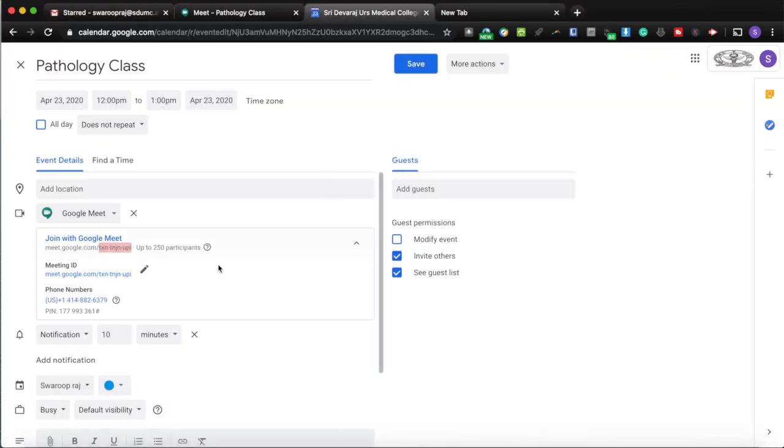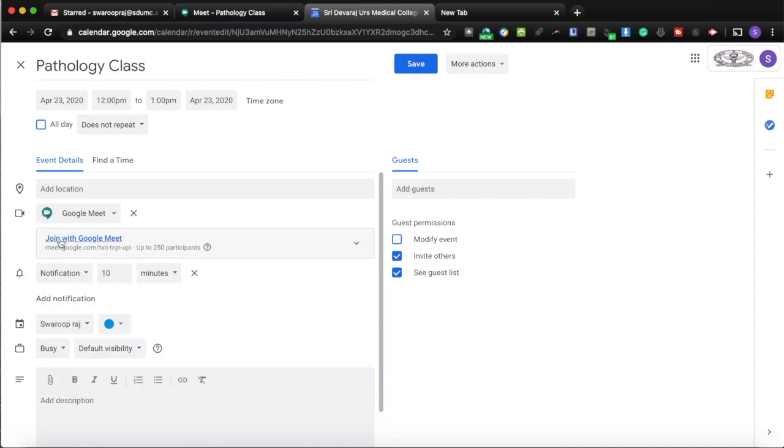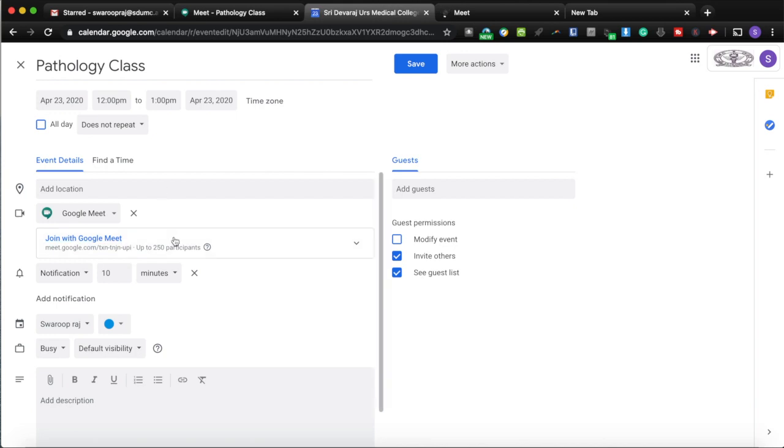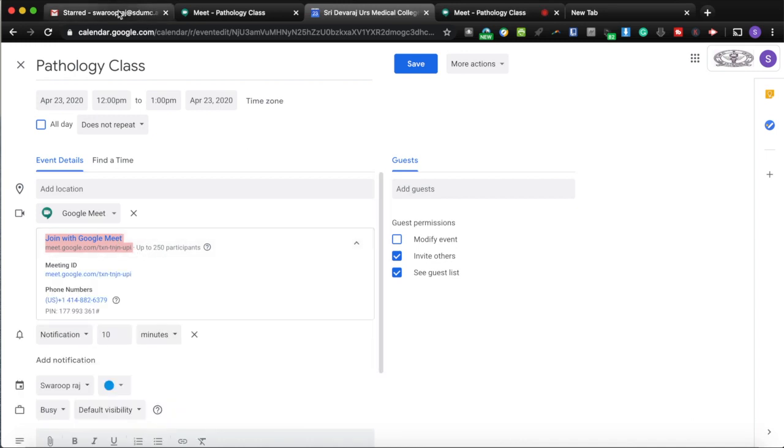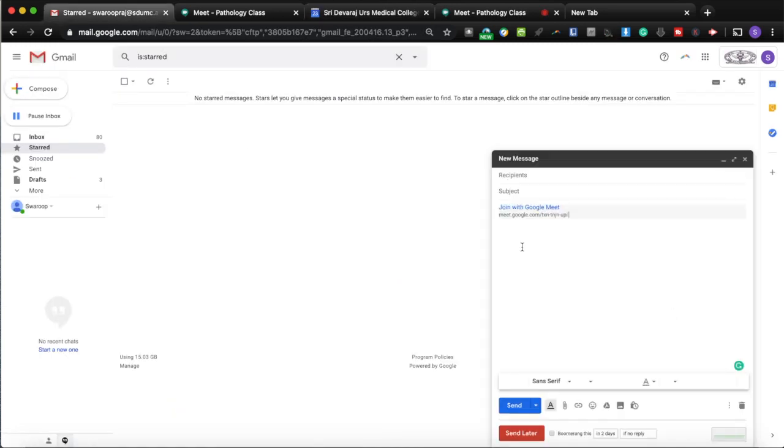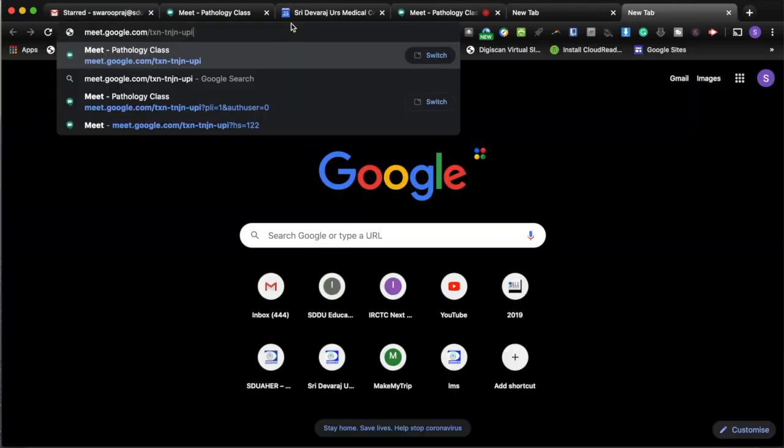So how do you share your meeting ID with your participants? What you can do is, you just need to copy the meeting ID. So go to your calendar, and here if you copy this meeting ID, so this is the meeting ID. So I'll just copy and show it to you. So here if I paste it, only the second line is the meeting ID. So if you copy this and you paste it into a browser, it will open up the Google Meet.